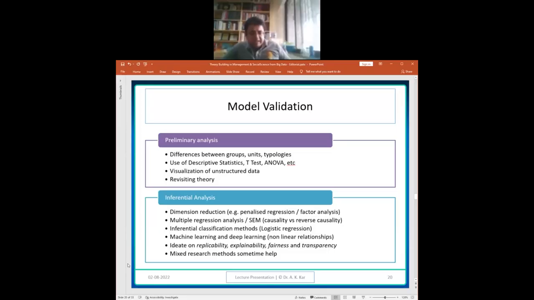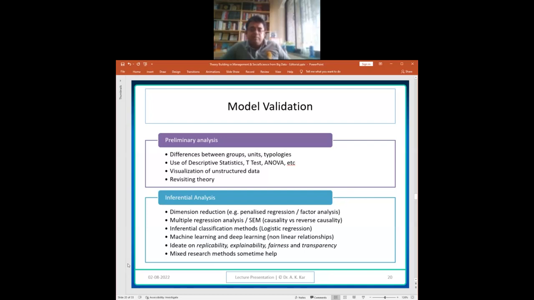Causality, move towards causality. And if we can model that inferential analysis using some kind of statistical model, typically that would be good in explaining the variability of the dependent variable, which is basically a proxy for the outcome. The outcome or the phenomena, the dependent variable is basically a proxy for that phenomena. So if we can explain the variability of that phenomena by looking at the factors which lead to that variability,